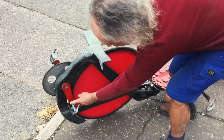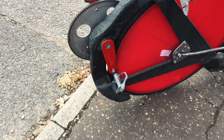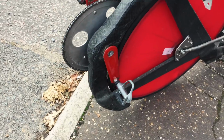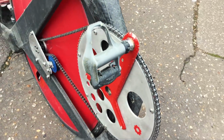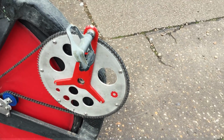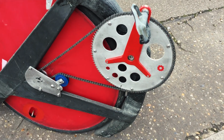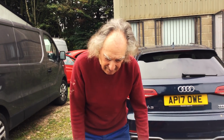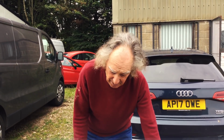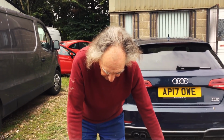Cranks, as I say, 140mm, originally designed to allow for a much smaller fairing at that point, which is critical for aerodynamics. But as it turns out, 140mm is almost certainly the right length for the average height person on a bicycle to maximise power output. Again, theory suggests, and my personal experience, as all my cranks are now 140, is that